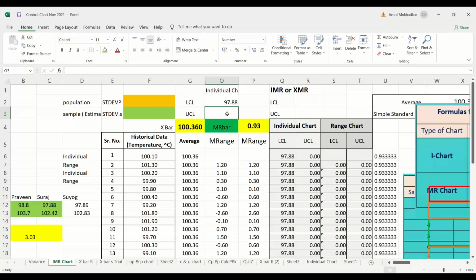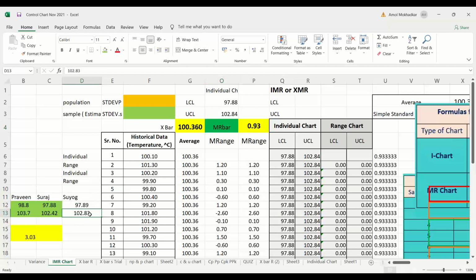And for the UCL, what you need to do? Again, X bar plus 3 into R bar by D2, that is 1.128. So 102.84.